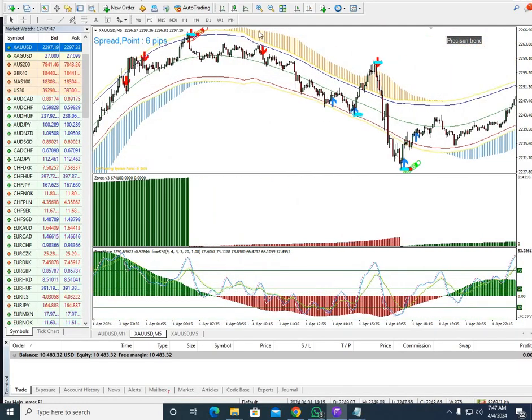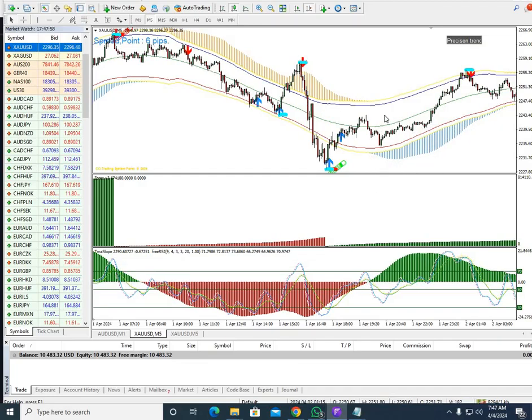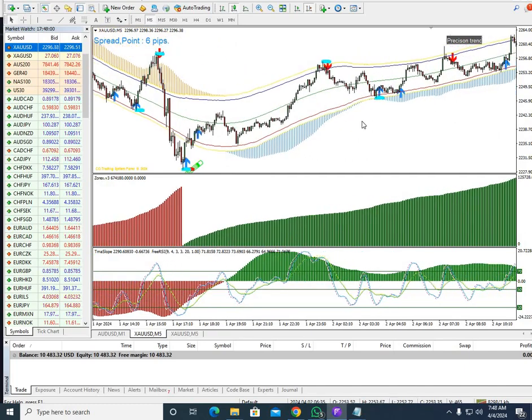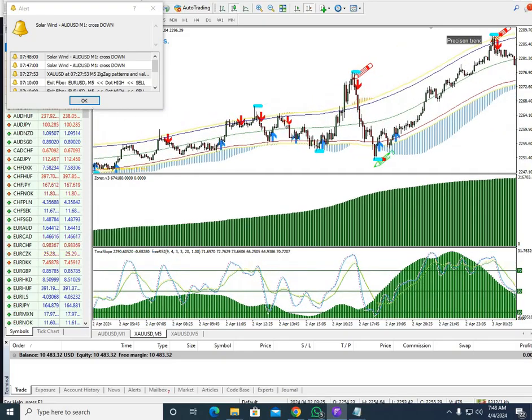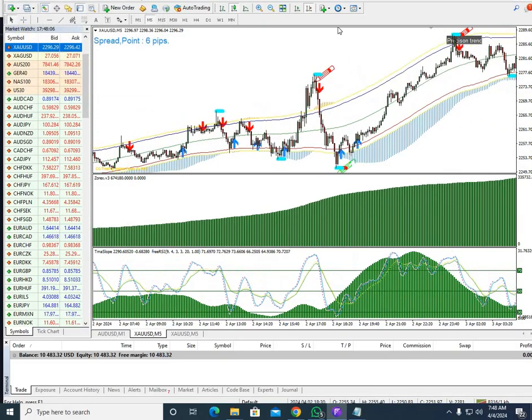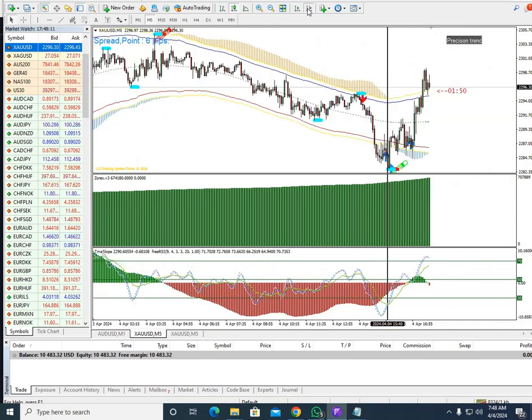Okay, this red one, then you can see the market goes down. Okay, and you can see the market goes up from this point. You can go for the buy trade, and you can book your profit here. You can go for another buy trade, and book your profit, another buy trade, book your profit, another buy trade, and profitable. All the buy trades are profitable. Okay, and this strategy is awesome, and you can say it's outclass.